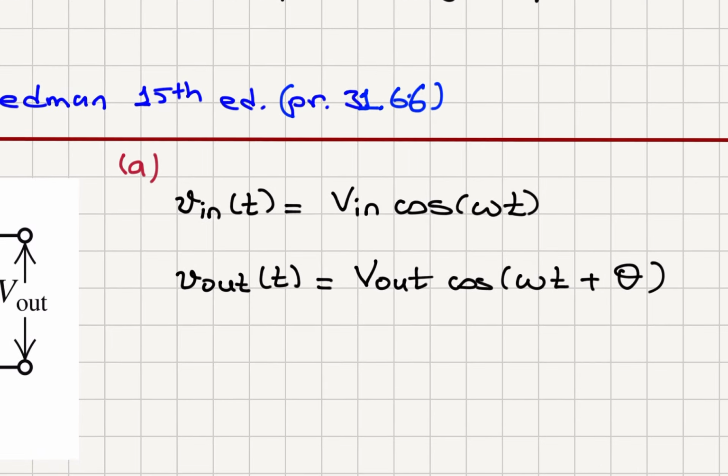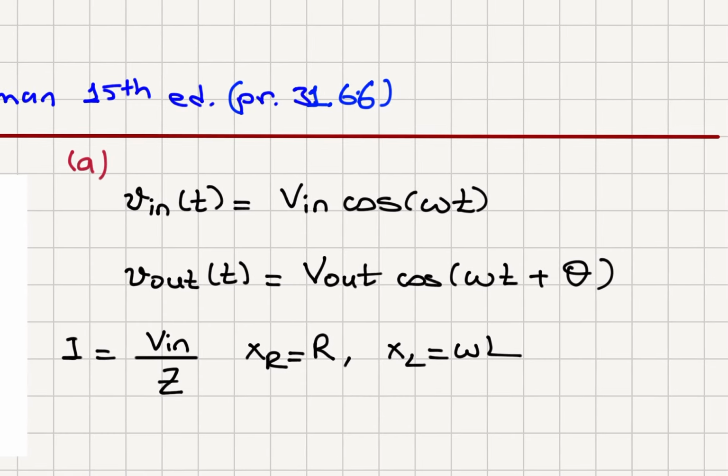The current in the circuit is the input voltage amplitude divided by the impedance of the circuit. The resistive reactance is R, inductive reactance is omega L, capacitive reactance is 1 over omega C,